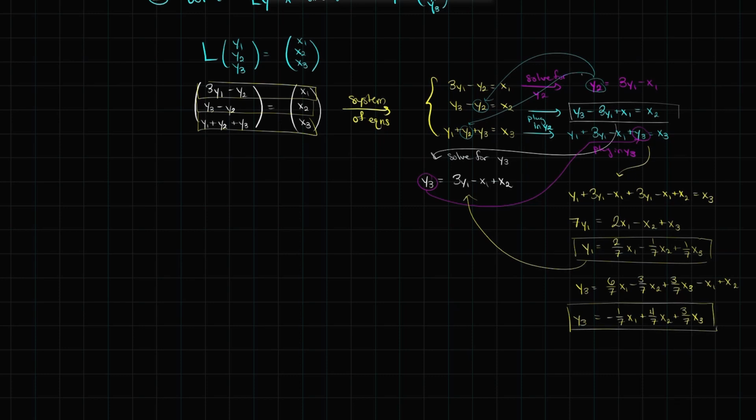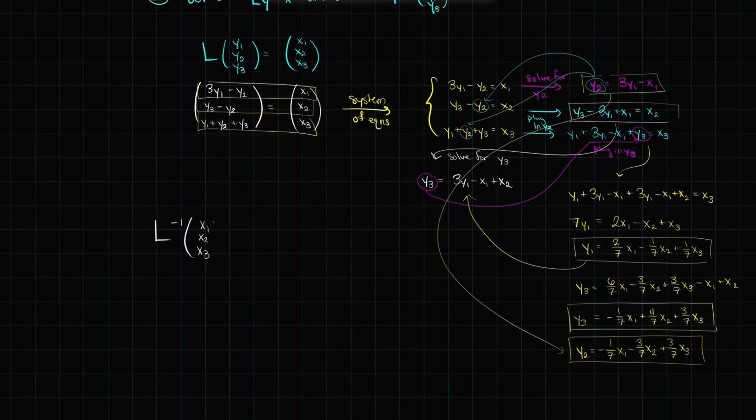And finally, I do have y2 in terms of y1 and x1. And so y2 will be 3 copies of y1, which I'll just multiply across as 6/7 x1 minus 3/7 x2 plus 3/7 x3, finally minus x1. And if I combine the x1 terms there, instead of having 6/7 on x1, I will have negative 1/7 on x1. So there is me having solved for y1, y2, and y3, and we recover that L inverse of x1,